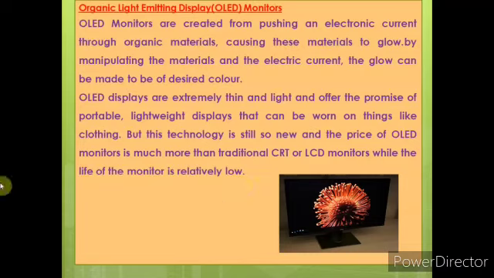So these monitors are very costly, and they cannot be used for years, but they have very good picture quality and are lightweight and portable. You can easily take them from one place to another. You know that now in the market OLED TVs, organic light emitting displays, are very popular. These are the monitors available today, and technology is developing day by day, and in the coming years we may come up with another monitor technology also.